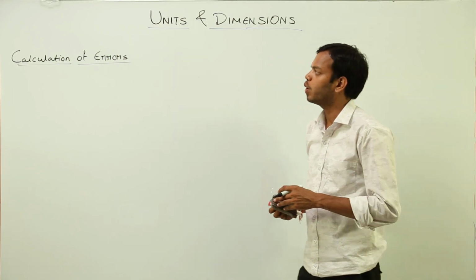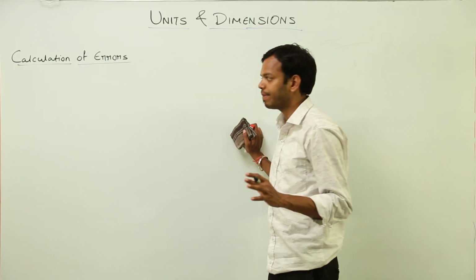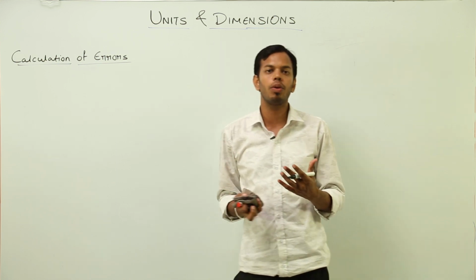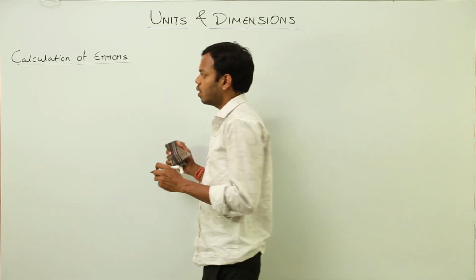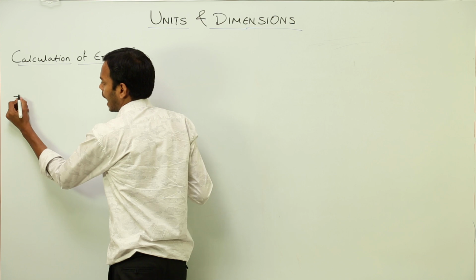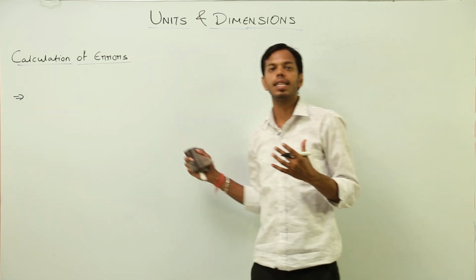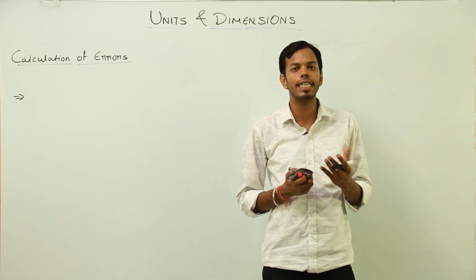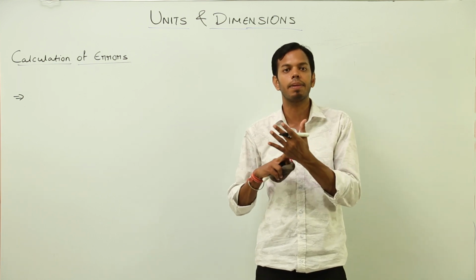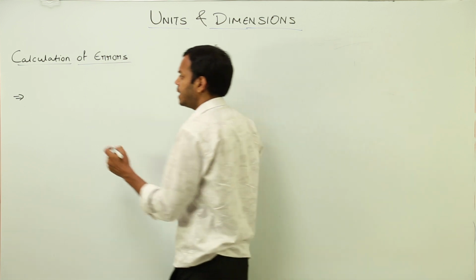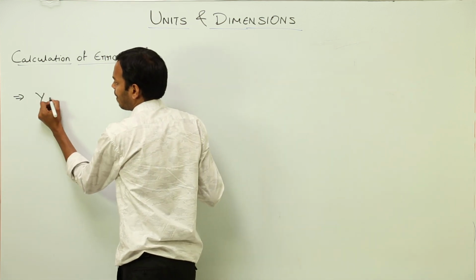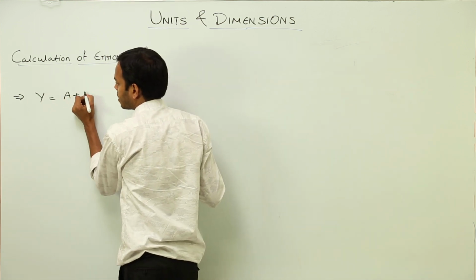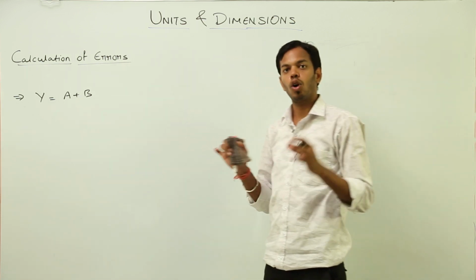Now we are going to do the calculation of errors, actually talking about the algebra of errors. We want to know how much error will be there in the result if there are errors present in individual quantities which are to be added, subtracted, multiplied or divided. That means suppose we have an equation y is equal to a plus b,